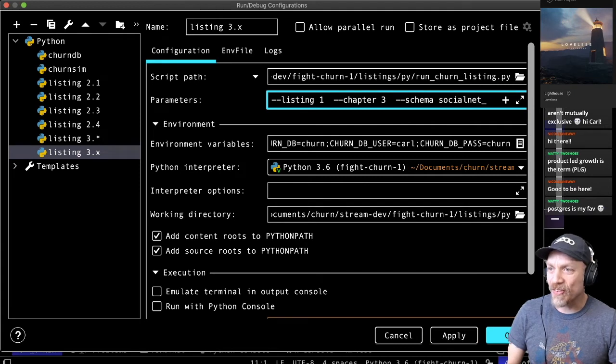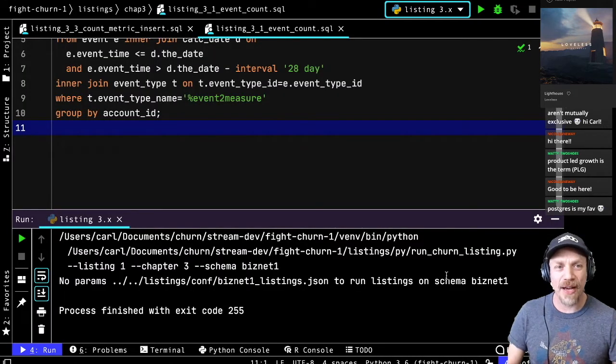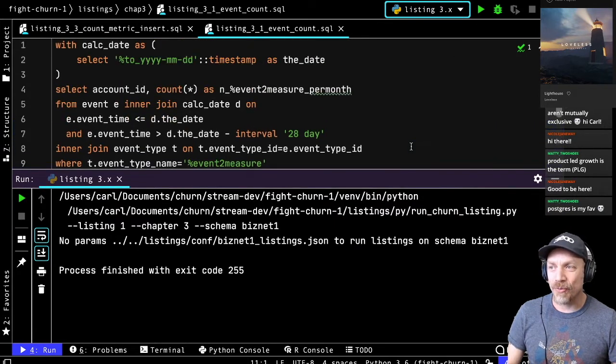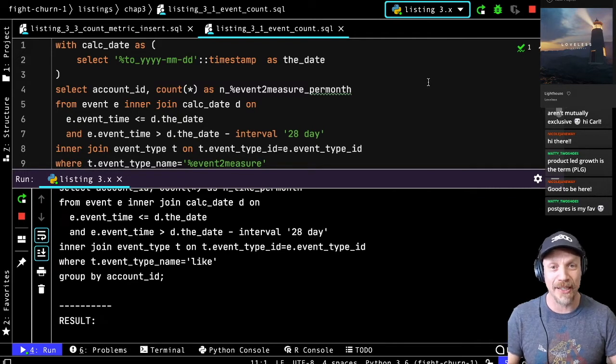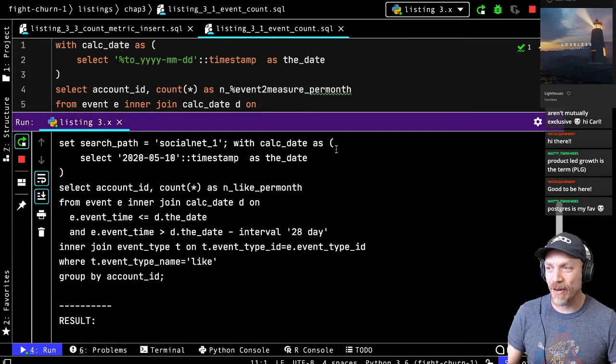So these are the arguments. This is running with the wrapper program provided with the book code. And so if you do the setup explained in the GitHub repo, you'll have this program. And it also goes over how to set up these configurations. And I also did it in a previous stream. I went over how to set up these configurations and make them.